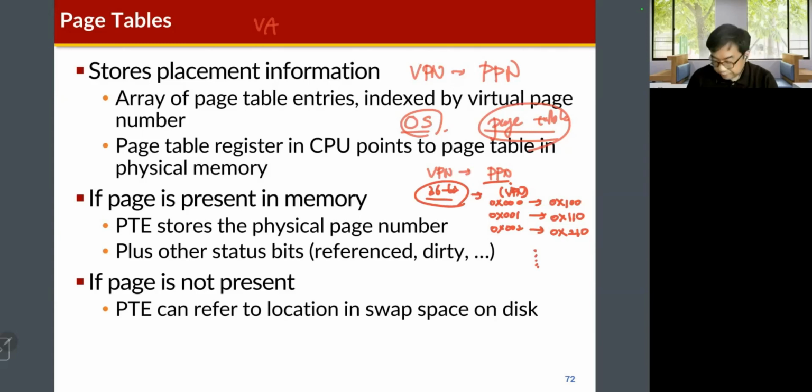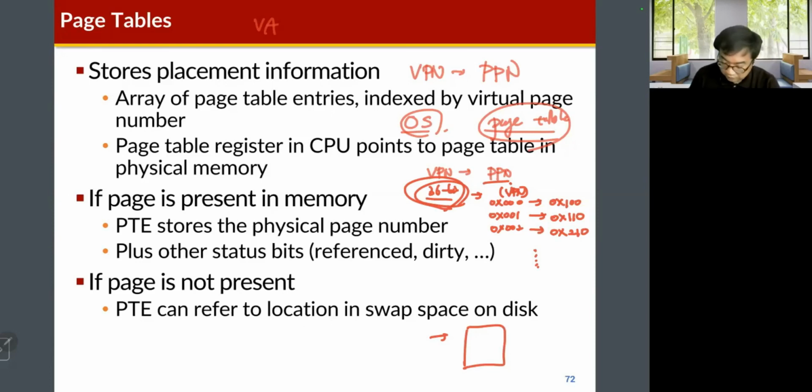Okay. So with the VPN, it's kind of a data structure, which means that